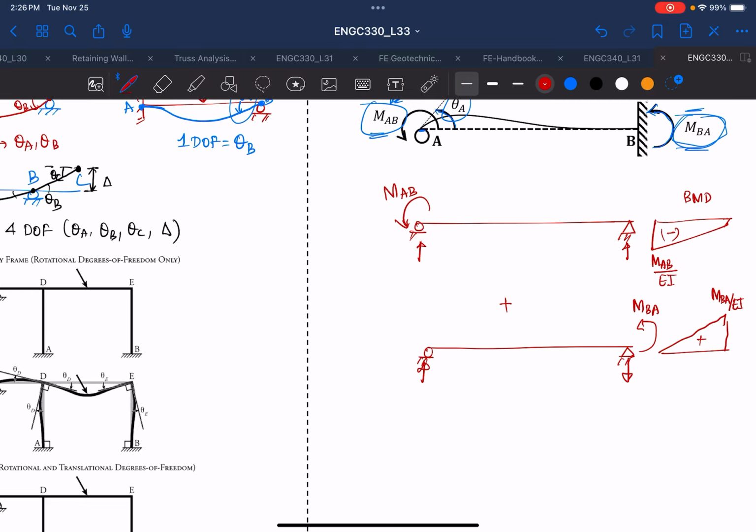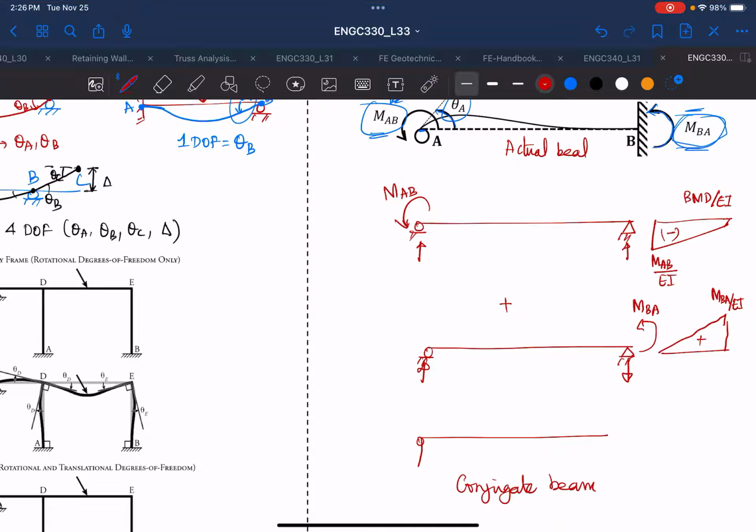Once we have the bending moment diagram, or M over EI diagram, we'll use the concept of the conjugate beam. If this is an actual beam, and you have to draw the conjugate beam, then this will be a roller support and this will be free, and then the load applied will be